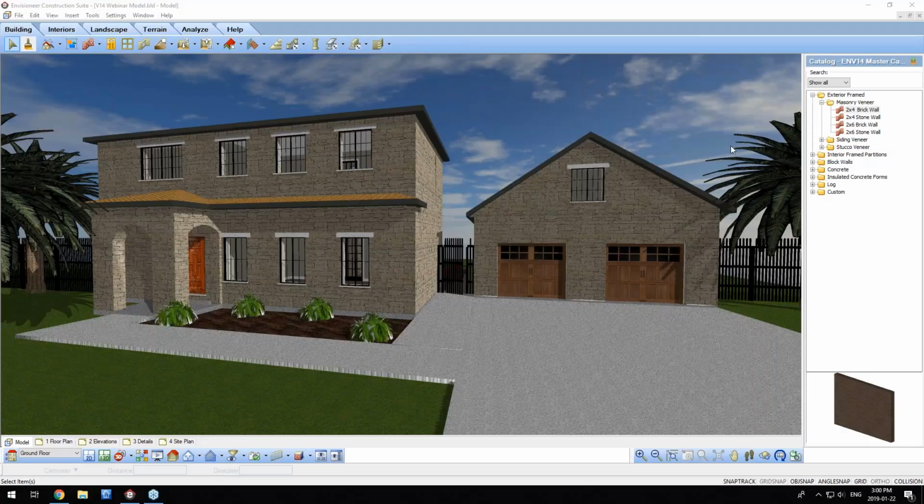Hello, everyone, and welcome to the version 14 preview. Today I'm going to go through all of the different commands that have been added to Envisioneer for the version